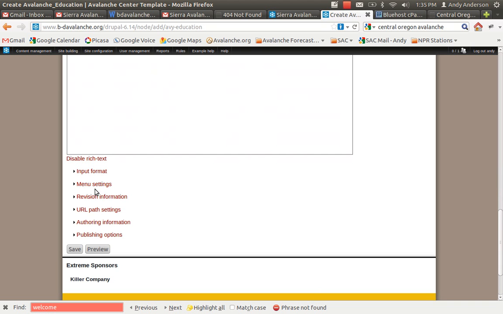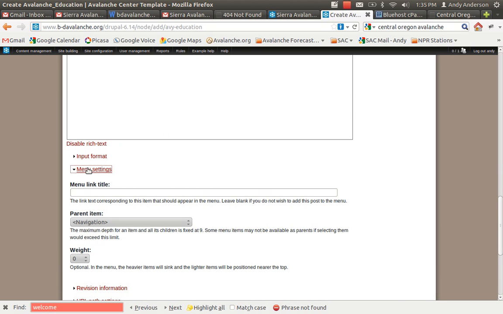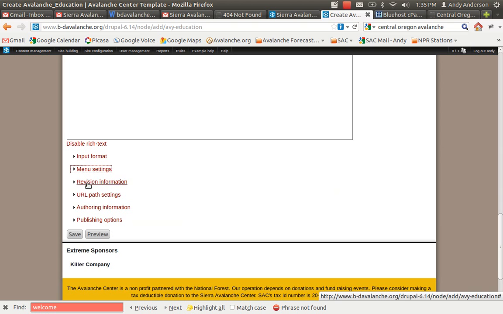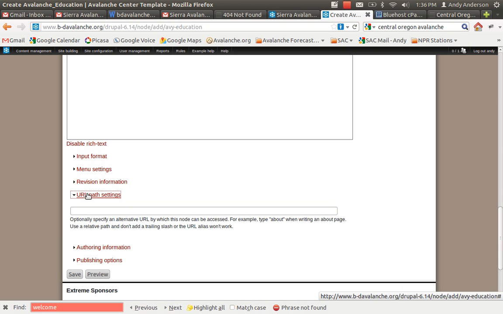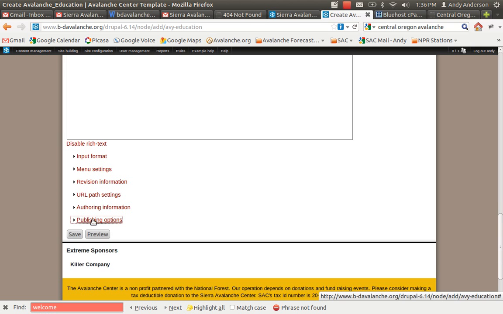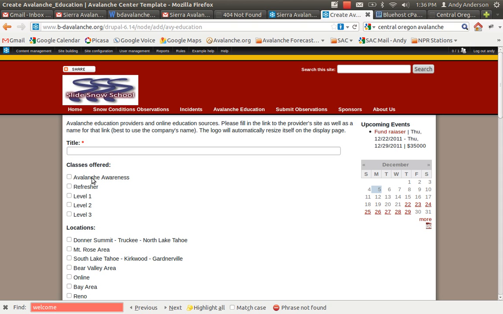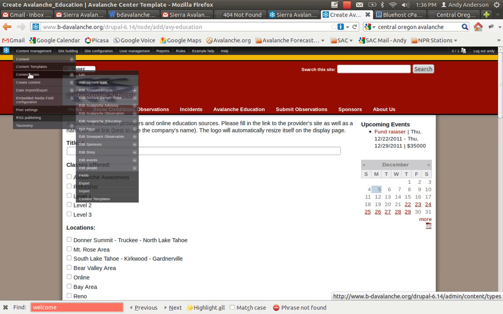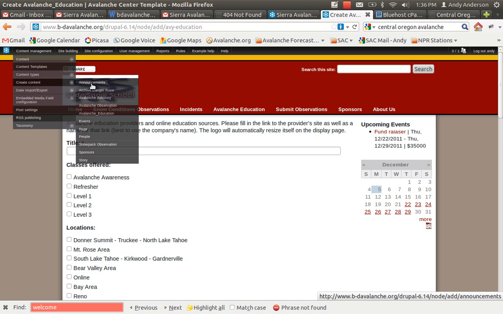And again, here are some of the menu settings if you wanted to have a specific menu page for that education provider, and if you wanted to name that path, and then you can publish it or not publish it. So anyway, that's how you create Avalanche Education providers. Let's look at another one of the content types that's already here. So we're going to create content